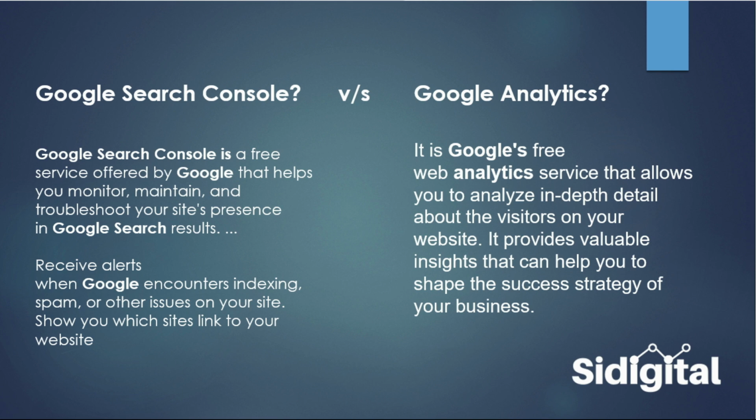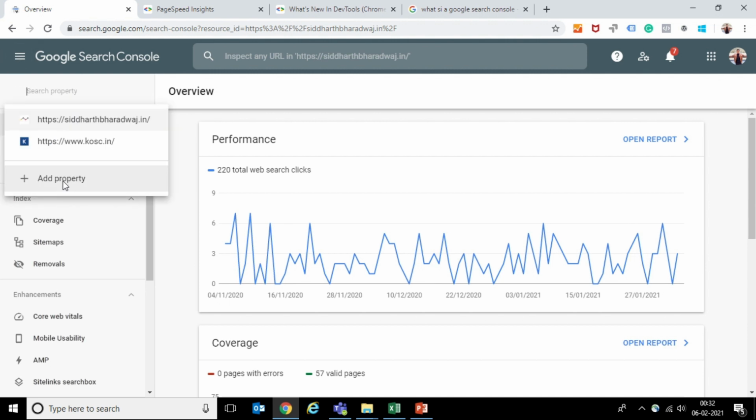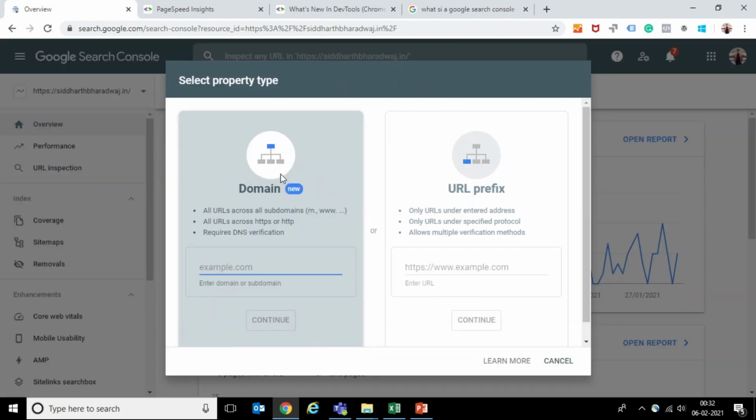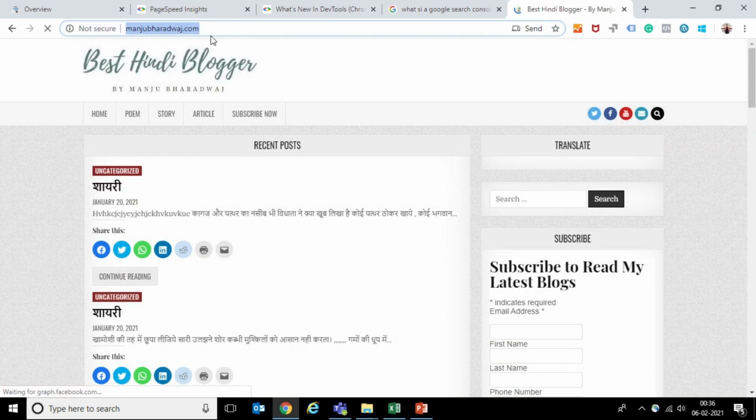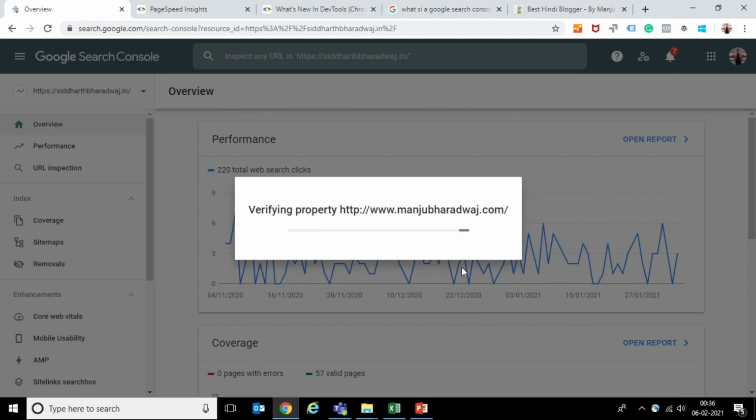Without wasting any more time, let's jump onto Google Search Console. So it's simple. Just go to Google Search Console. You need to first map it with your website. To add a property here, you just need to click on add property and it will ask for a domain or a URL prefix. This is my website, I'll just copy it and do it. Security things. Yeah, continue with it.